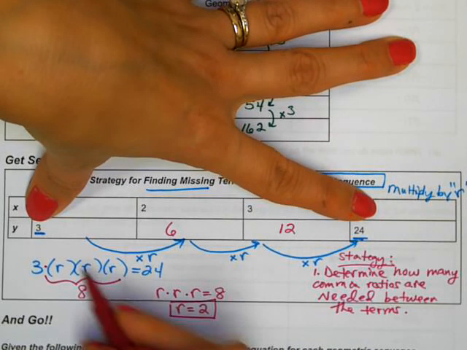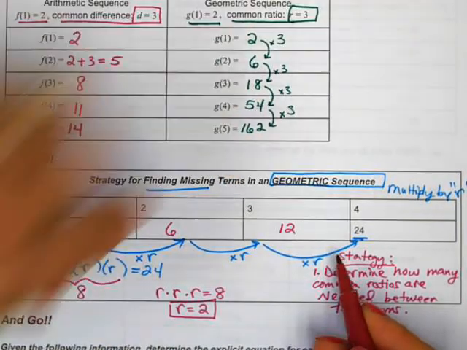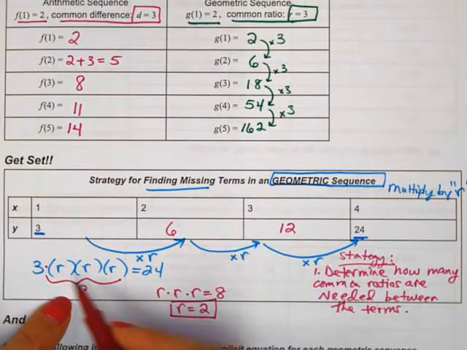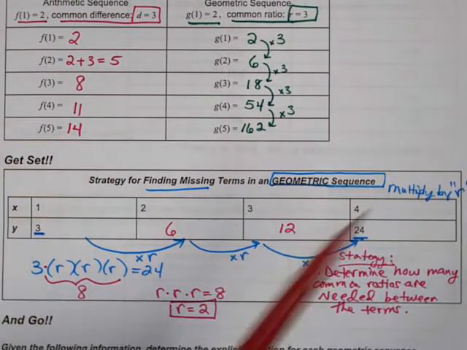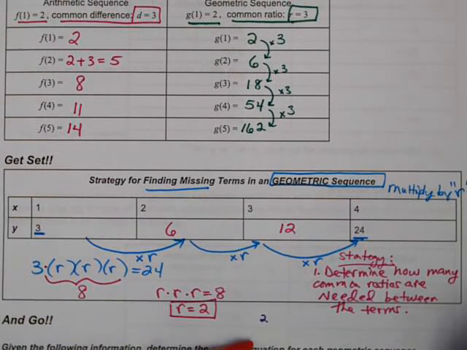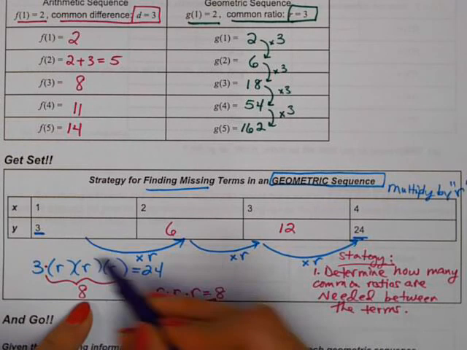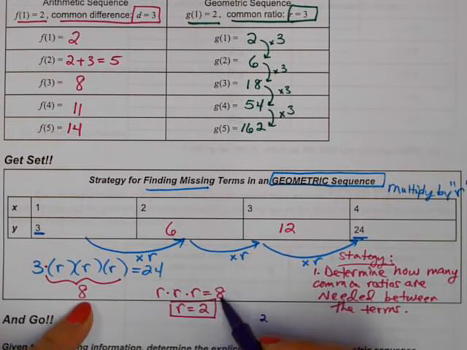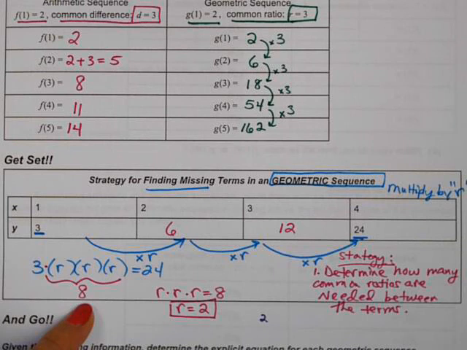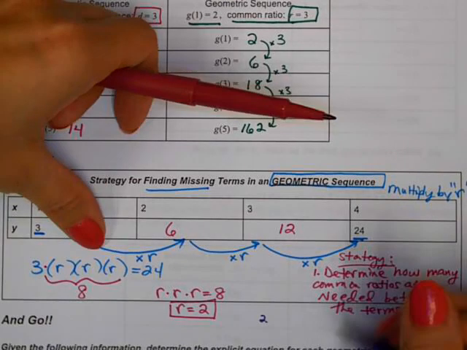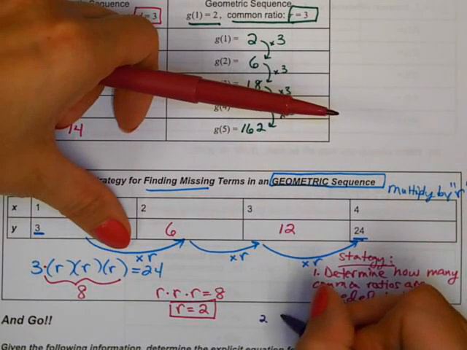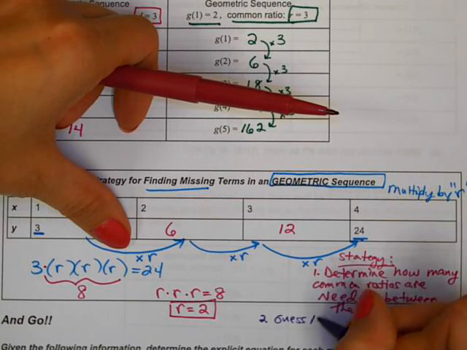Okay, and we figured out that we would need 3 common ratios. And then, okay, step 2, since I knew that I would need to multiply by a total of 8, I guessed and checked the number that made that distance right there. So I guess we could say guess and check